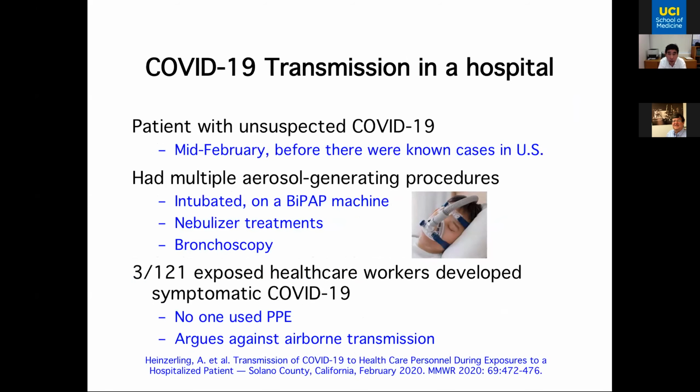We've also learned about transmission in the hospital. So there's a case where a patient had unsuspected COVID-19. This was in mid-February, early on, when we didn't know there were many cases in the US. And so this patient was in the hospital, but there were no protective measures for the hospital staff. So no so-called PPE, personal protective equipment. So this patient had a number of procedures done that can generate aerosols. And yet, having said that,